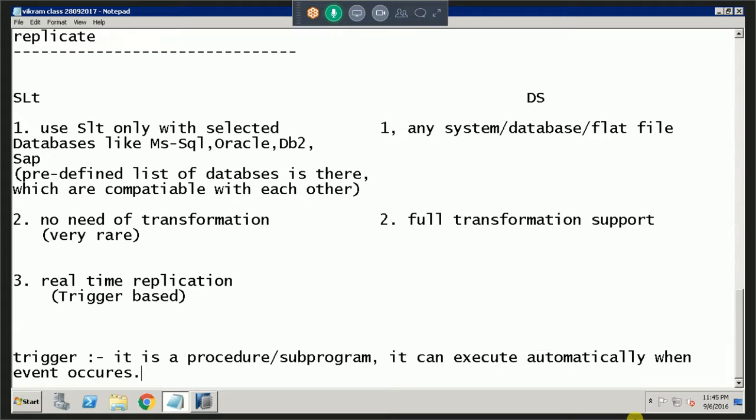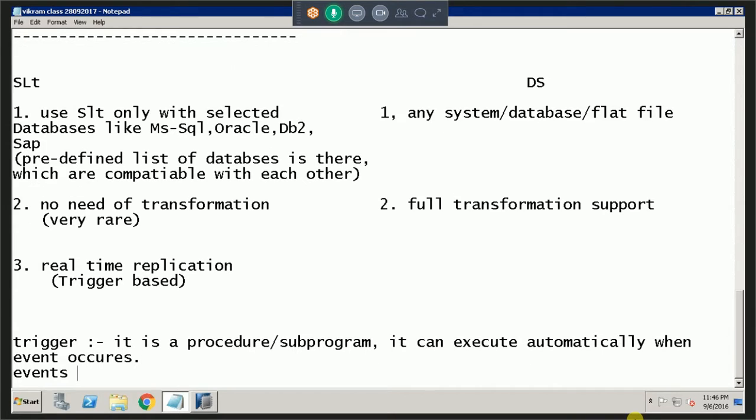Events are when we use the insert command, the update command, or the delete command. The total events are six: before insert,